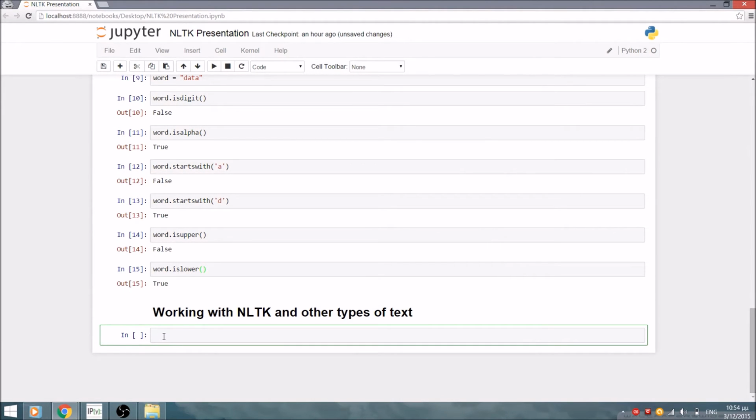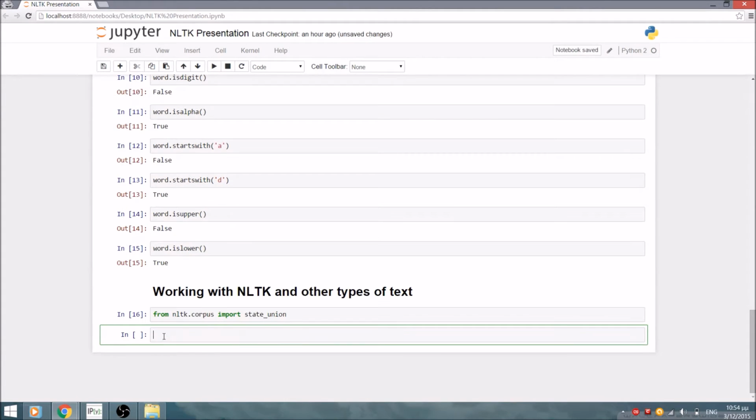Then we're going to use NLTK on some other kind of text besides books. So we're going to import the state union corpus from NLTK. This contains all American president speeches,